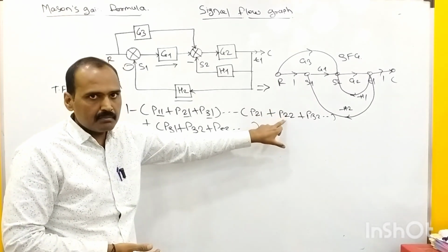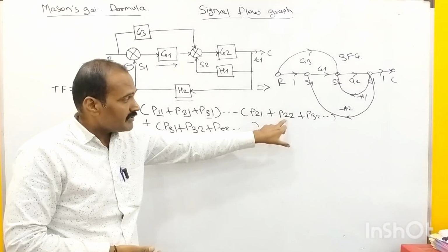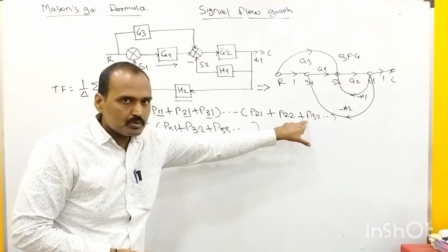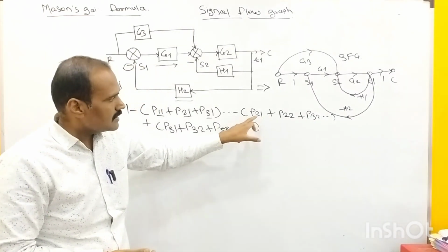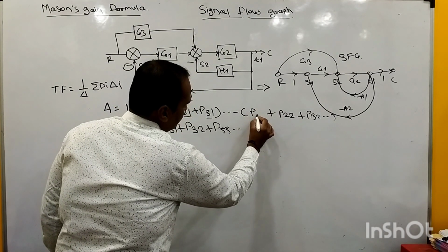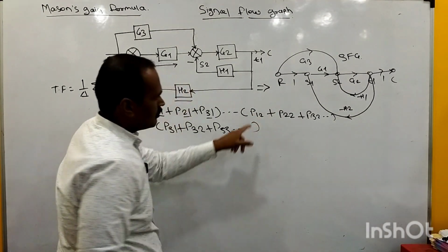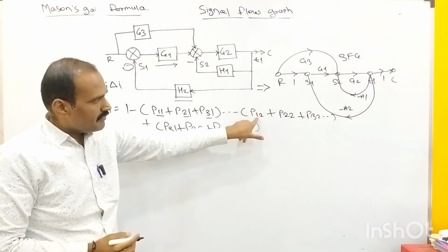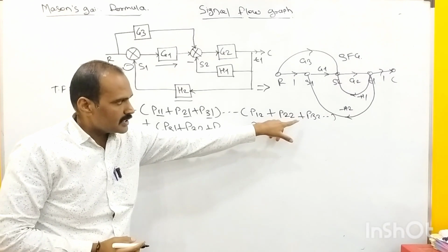Similarly, P22 is nothing but what? It is the gain product of second two non-touching loop. It is the gain product of third two non-touching loop. So in this way, this is the first two non-touching loops. Sorry, instead of P21, it will become P12. P12 stands for, it is the gain product of first two non-touching loop, second two non-touching loop, and third